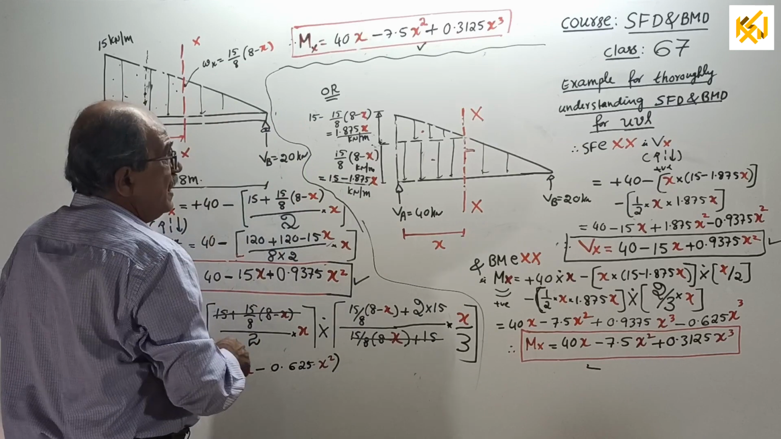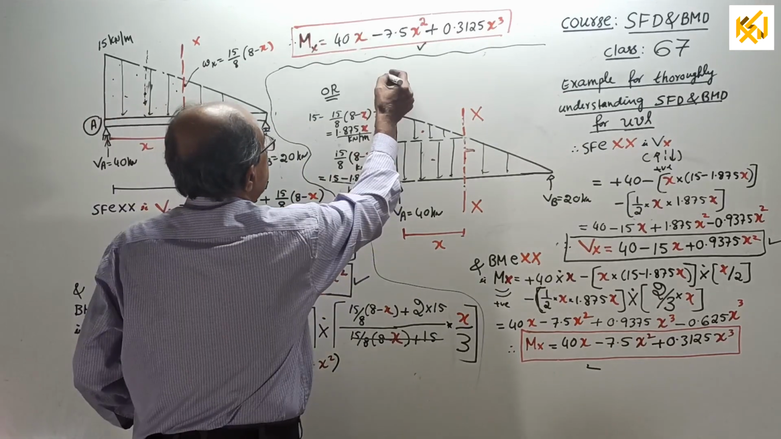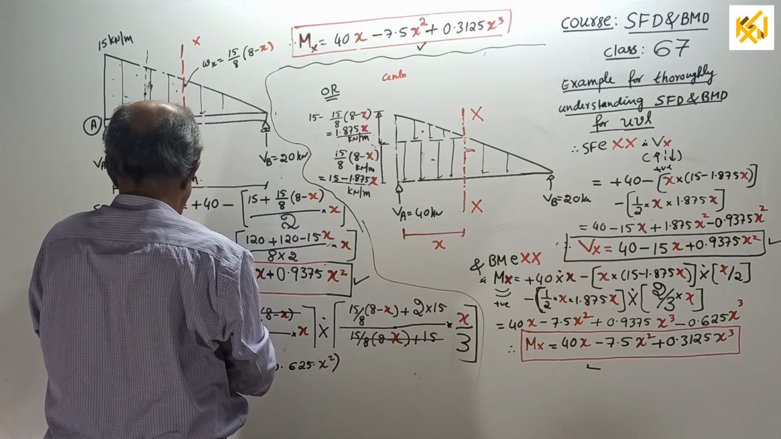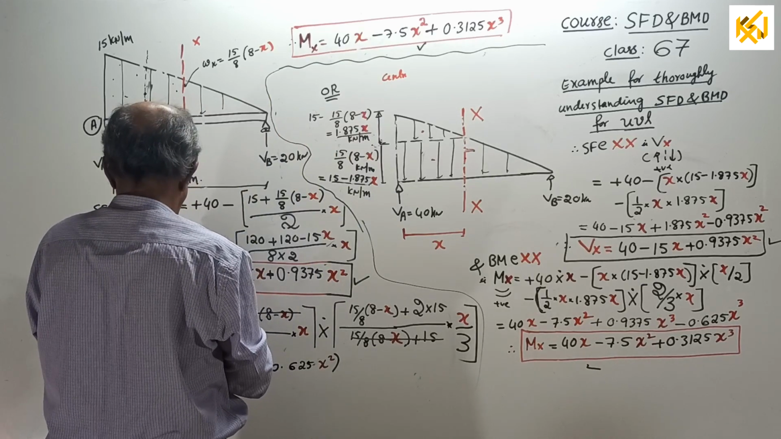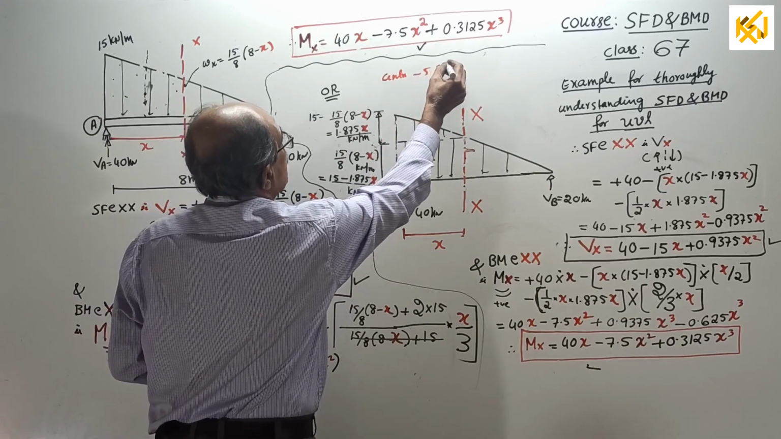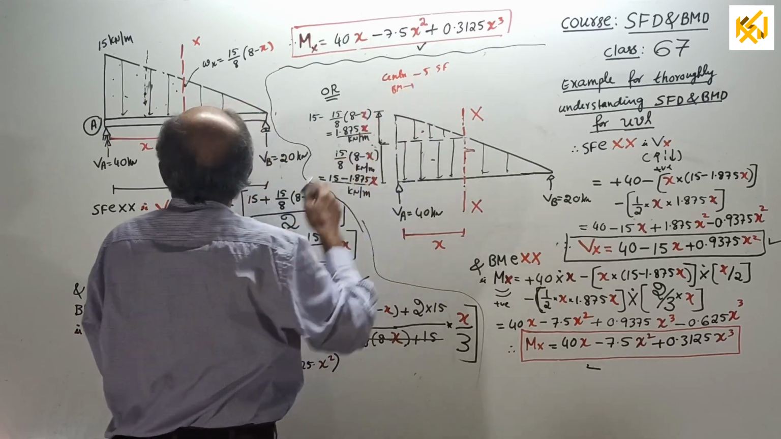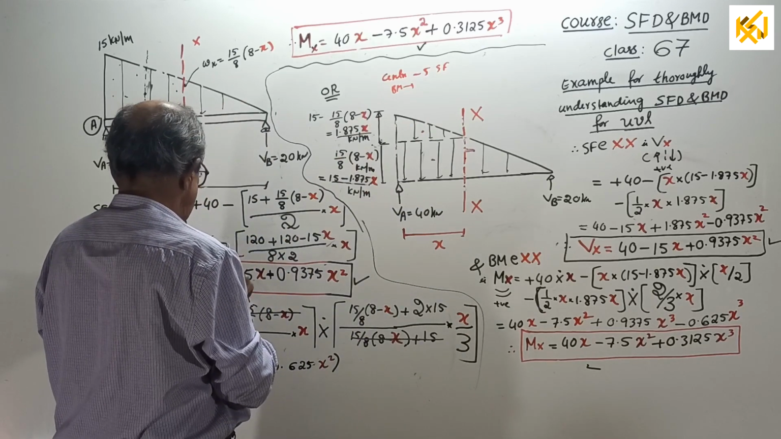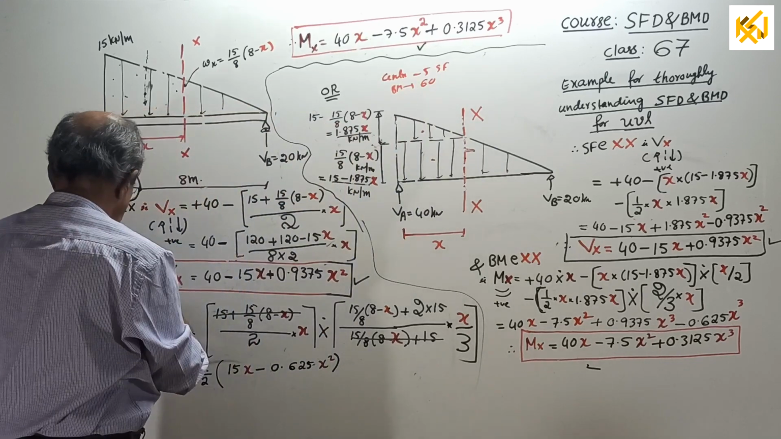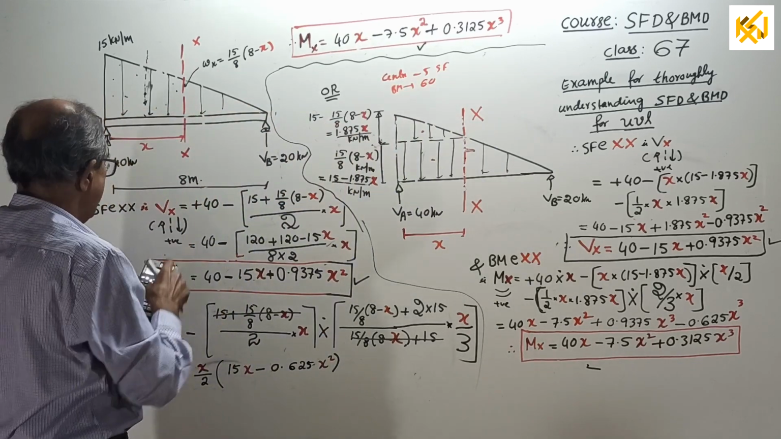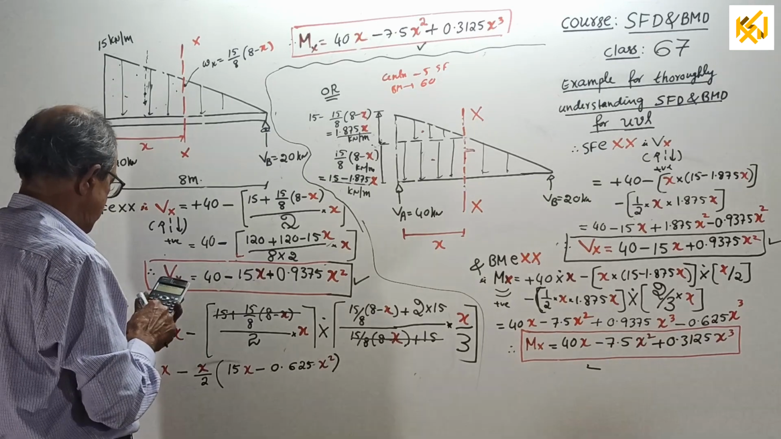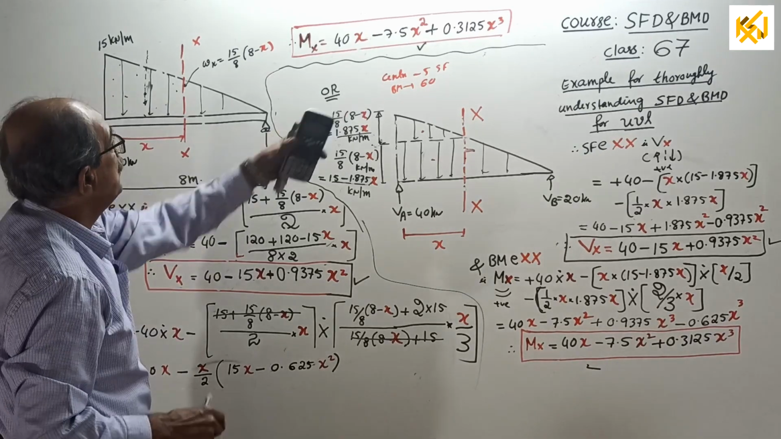For this beam, I know that shearing force at center is 20 minus half into 4 into 7.5. That is minus 5. At center, shear force is minus 5 and BM is 15 into 8 square divided by 16, 60. I substituted x equal to here, how much? 4 meter. See, I got 40 minus 15 into 4 plus 0.9375 into 4 square minus 5. BM